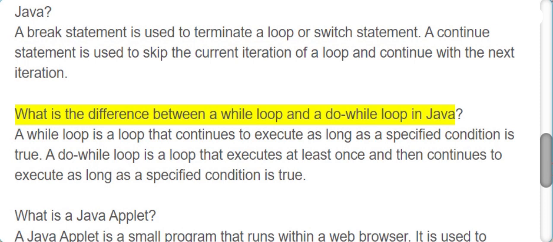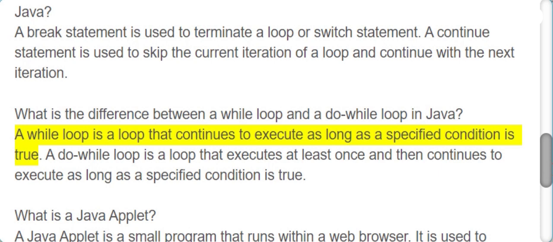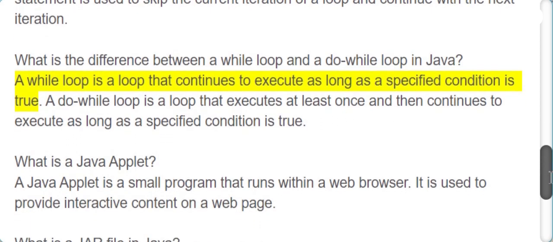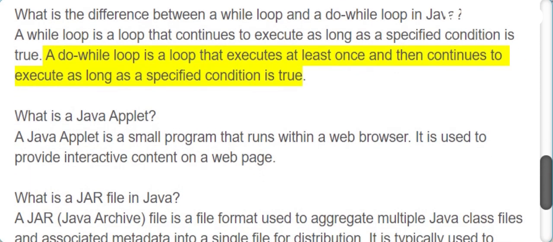What is the difference between a while loop and a do-while loop in Java? A while loop is a loop that continues to execute as long as a specified condition is true. A do-while loop is a loop that executes at least once and then continues to execute as long as a